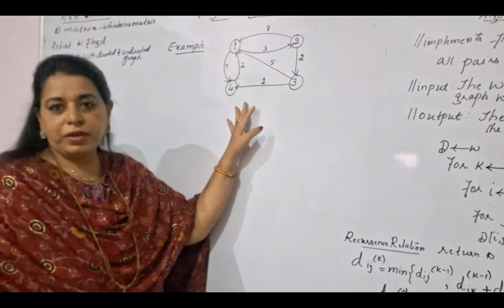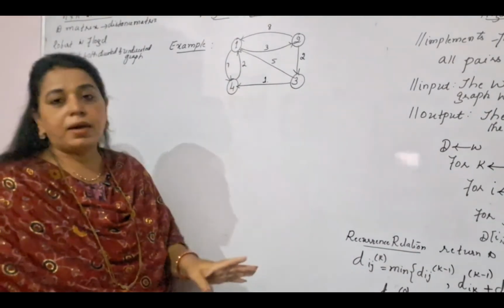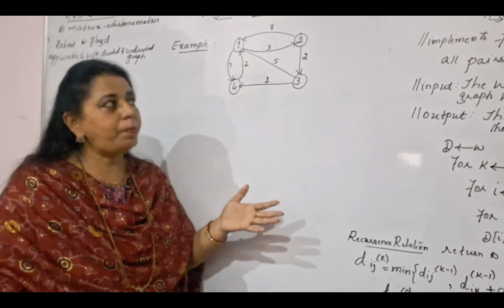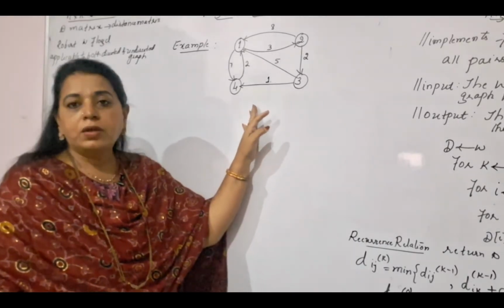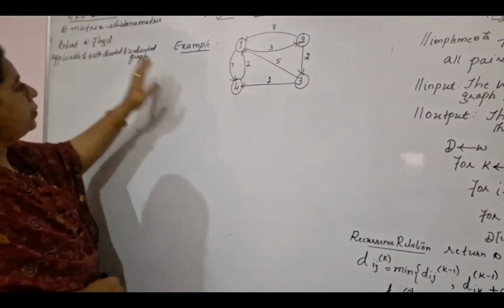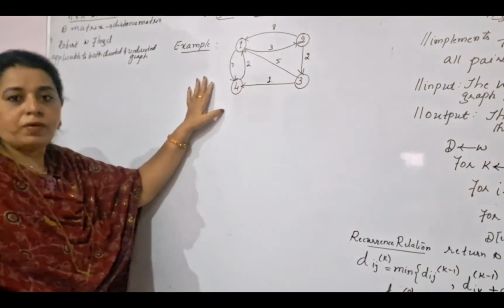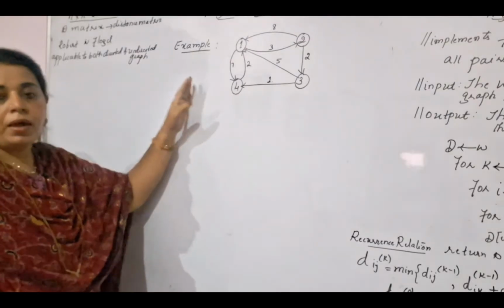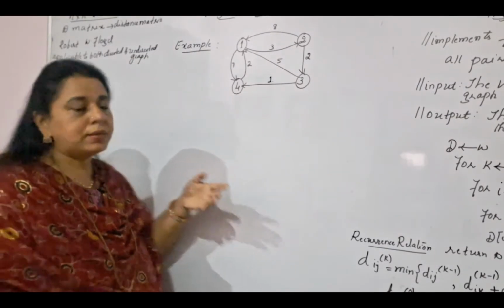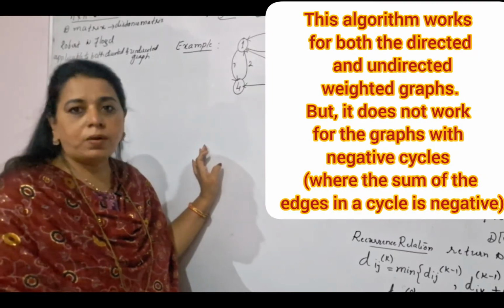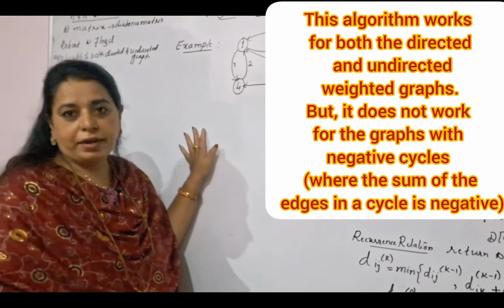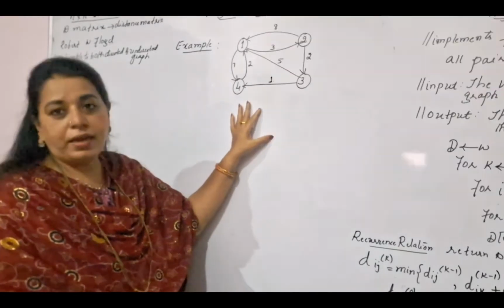This will be the graph given in the problem statement. The question is: apply Floyd's algorithm to determine the shortest paths between all pairs for the given directed graph. A few things you should know about Floyd's algorithm: first, you apply it to an n by n matrix only, and whatever values you write in the matrix, you call that the distance matrix. This algorithm is named after a person, Robert W. Floyd, and it is applicable to both directed and undirected graphs. So here I have taken a directed graph.